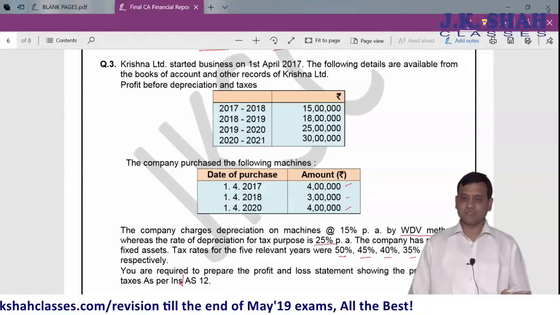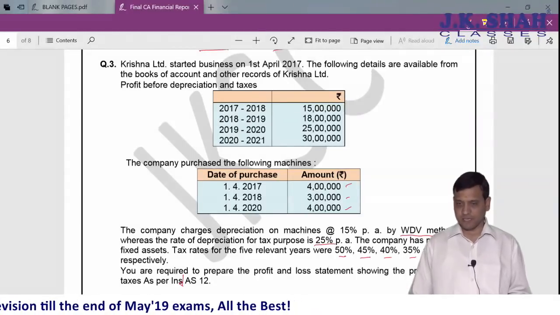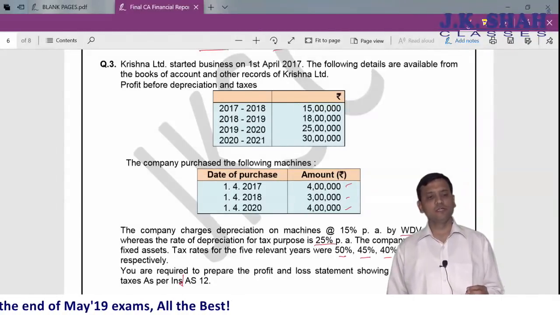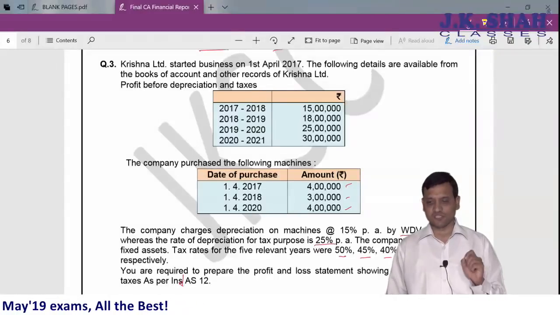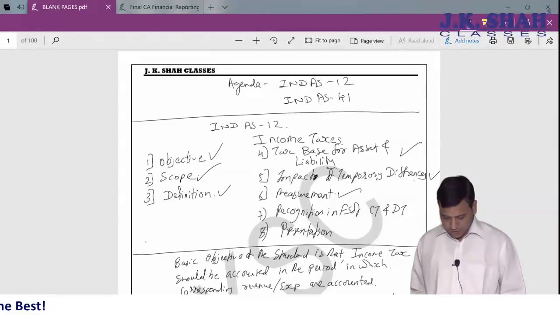Now basically it is the same only. What is happening is that the number of assets which I am procuring has increased. So what I need to do is find out the carrying amount of all those assets at every point of time. So if the solution is concerned,